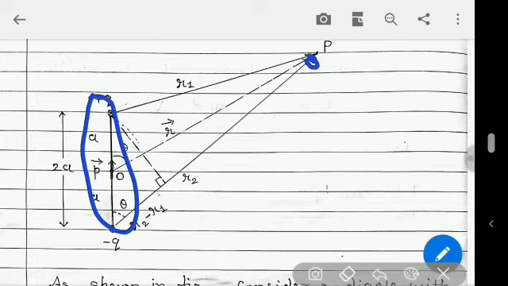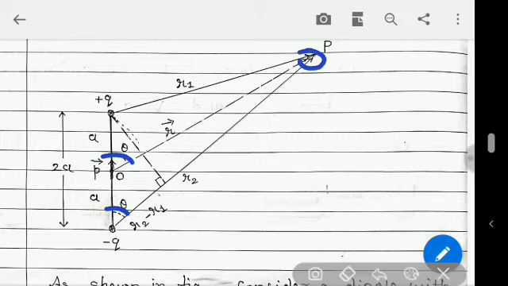One more thing, we have taken the condition that this point P is far away from this dipole. So in that case, this angle theta and this angle will be nearly equal. Remember, only in the case when the point P is very far away, these two angles will be approximately equal. So here also we can say that this angle is theta,